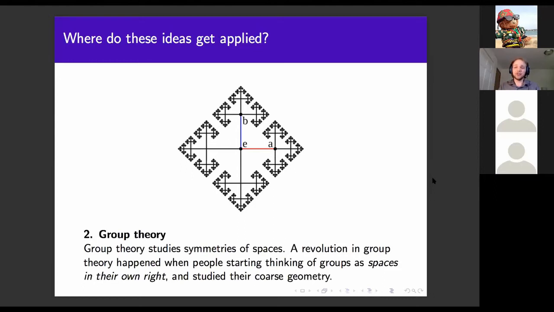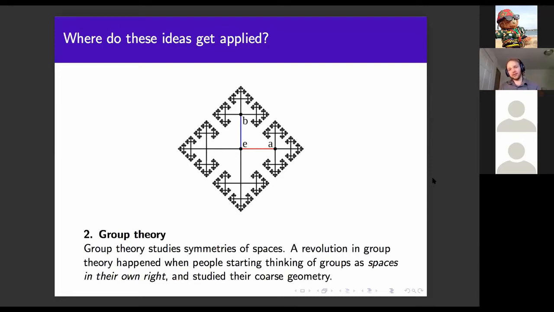And there are many ways to do this. And for those of you who want to get a flavor of this, the picture in front of you is the free group on two generators viewed as a space. If you know what that is, you know what you're looking at. How exactly this is the free group on two generators is a super fun topic, and I'm happy to talk about it more. But the point is that these spaces are just about as big as the groups that they represent. And the groups are usually infinite.